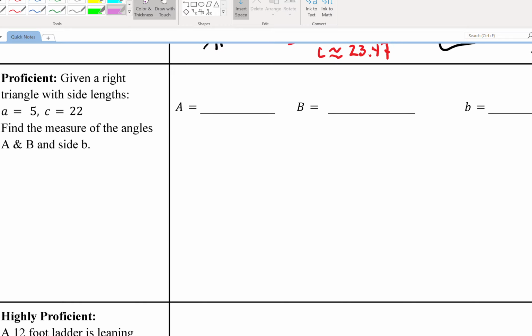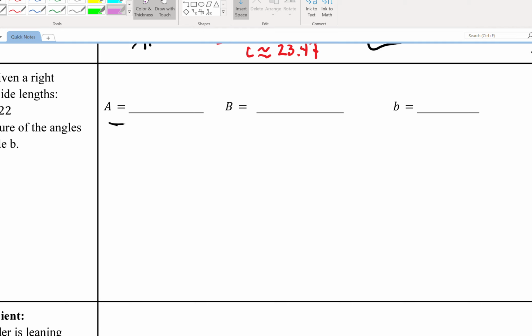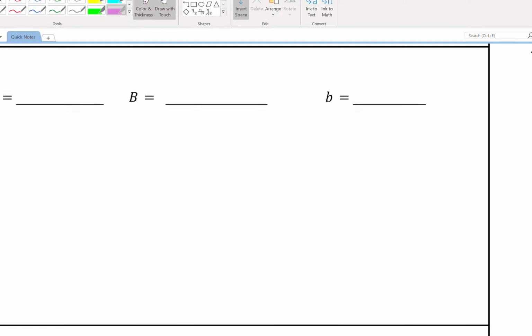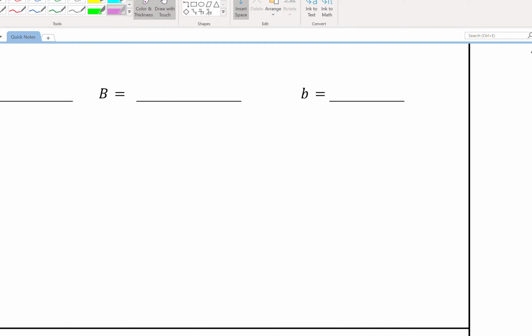Somebody listed this out like this, and that's fine, but I would prefer you write your answer like this. I'll put angles, and here I'm going to put sides, right side by side, so I can think about it this way. A equals whatever it equals, B equals whatever it equals, and C equals whatever it